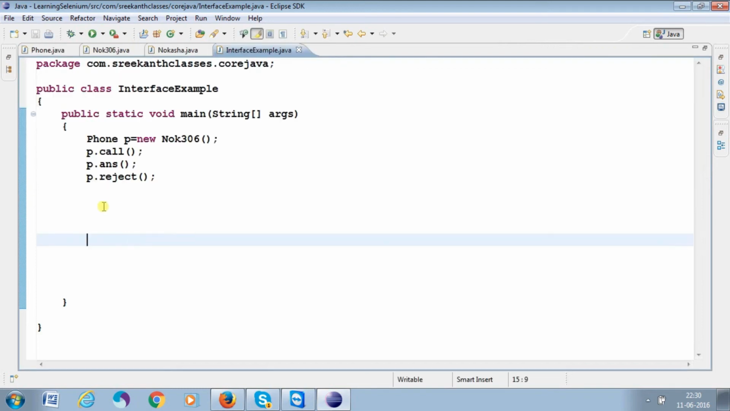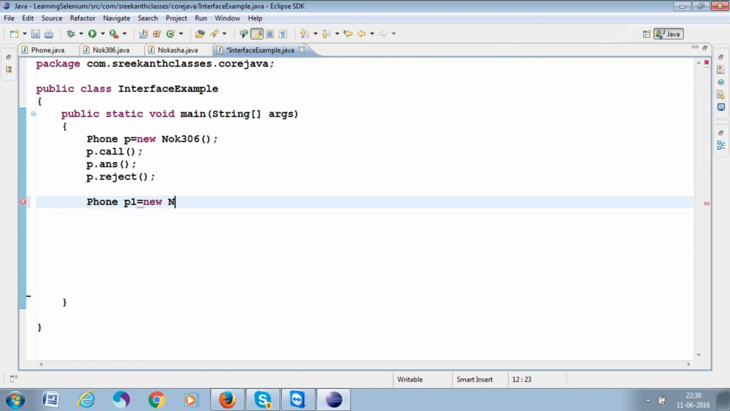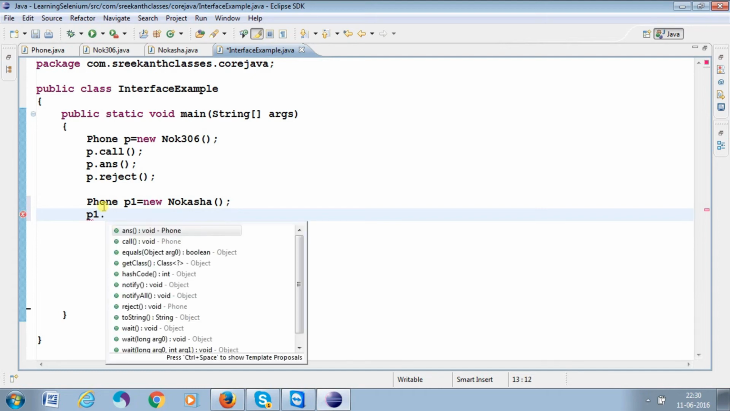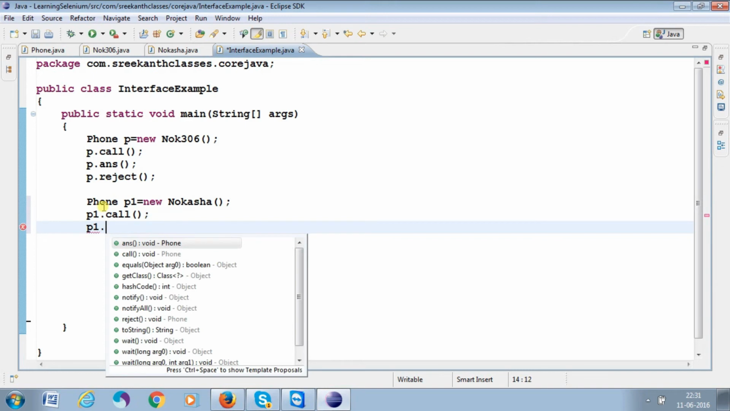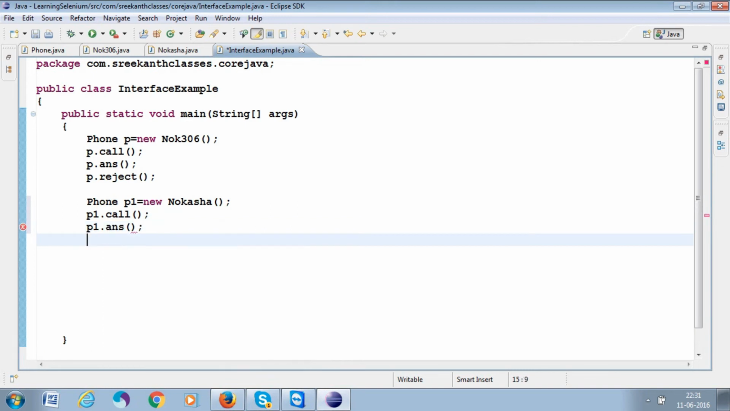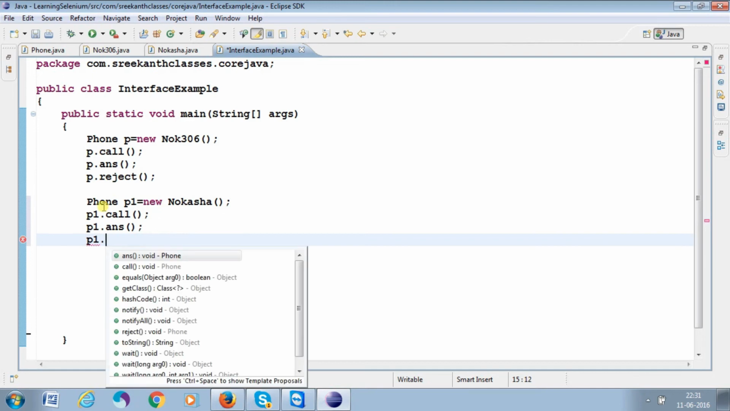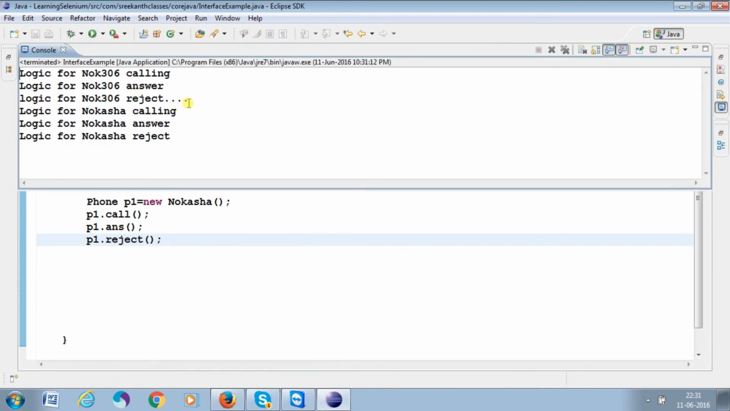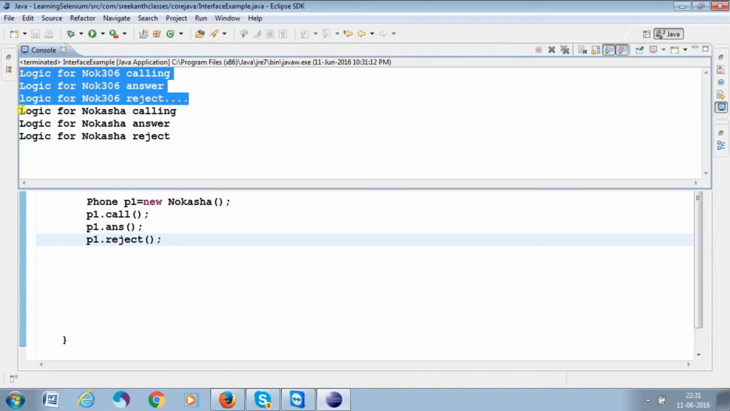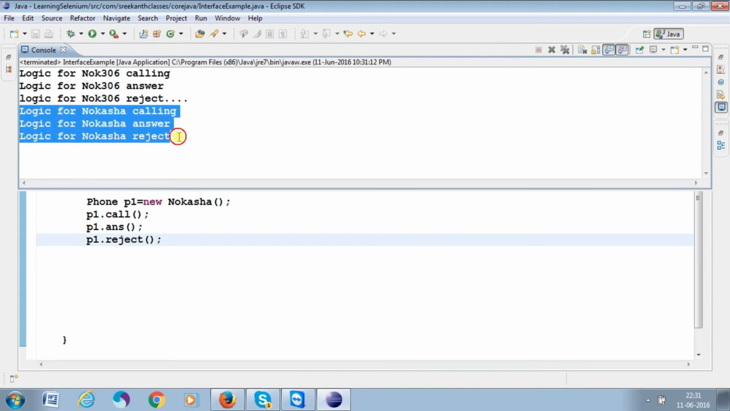For example, I want to write it here: Phone p1 equal to new Nokia Asha. Now p1.call. But this is the Nokia Asha class having the logics that you can accept. And this is the right p1 dot, so we can go for the result. Save it. Now run it. See, this is what you are calling as Nokia 306, and this is what we are calling as Nokia Asha